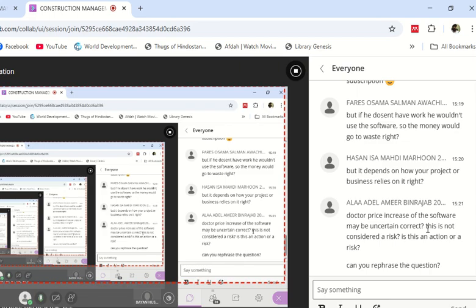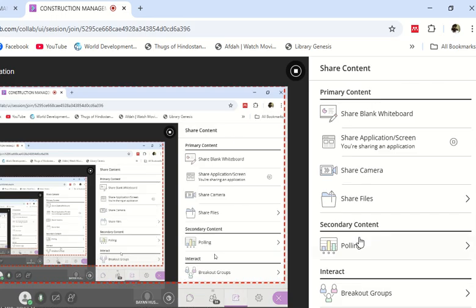Just before I rephrase the question, yes, in the example I gave you for the resubscription, the project depends upon the software. So this condition is met. But the other condition is, is it uncertain that the subscription will end? So it is not uncertain. So it's not a risk. For a risk, both conditions should be met. Now the other question which I gave you is,